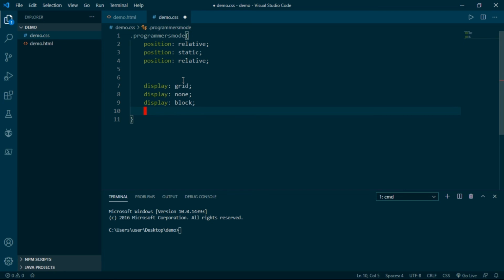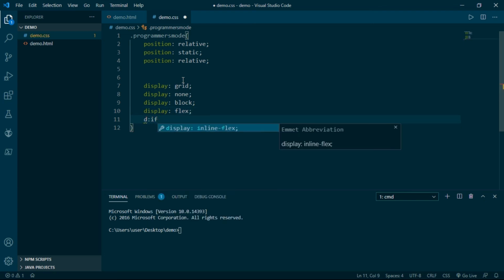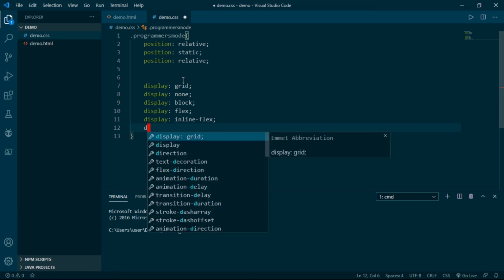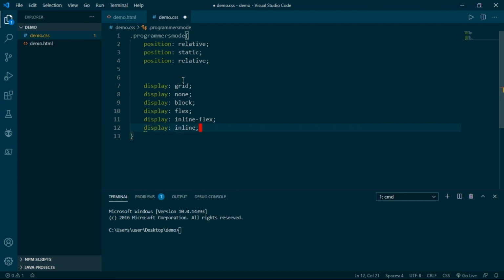For flex, we have to specify d:f and hit enter. For inline flex, we have to specify d:if and hit enter. Similarly for inline block, and if I have to give it as inline, then I have to specify d:i and hit enter.